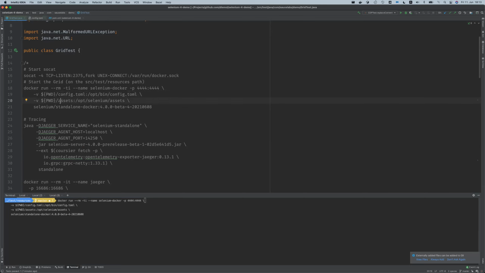What is an asset? It's a file, the video and the capabilities you use. Port 4444, and then you're going to use something that we call the Docker image. So we start this, and it will slowly, very slowly